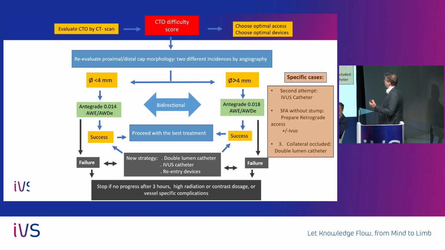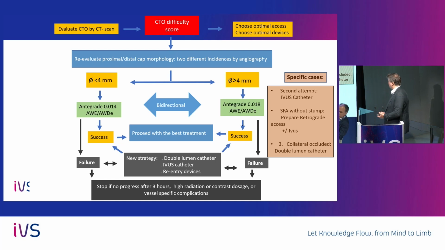Evaluate CT scan, CTO score, you choose your optimal access, you choose your optimal device. Reevaluate the distal and the proximal cap with 2 angio, small diameter, antegrade 0.14, antegrade, de-escalade, success, treatment. And now we discuss a lot. In 10% of the cases, when we have a failure, we can use a double lumen catheter to find another way. An IVUS catheter from the Japanese way, for me now, not a daily practice, but monthly practice,